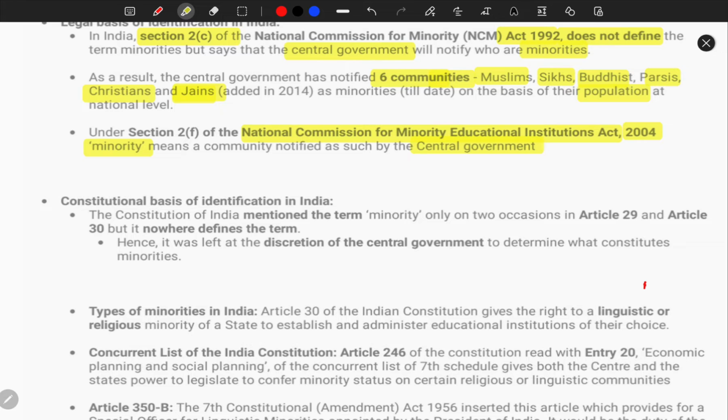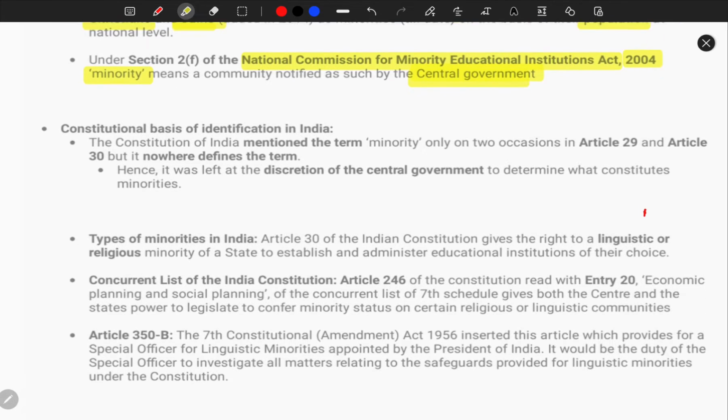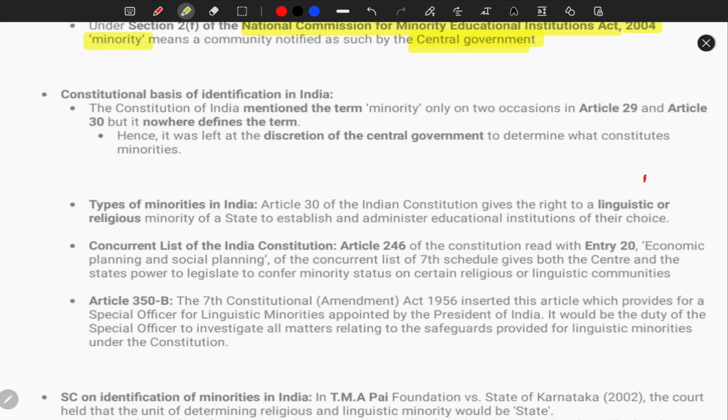This authority comes from two acts: the National Commission for Minority Act and the National Commission for Minority Educational Institutions Act. Both mention that only the central government has the power to notify these so-called minorities. But constitutionally, the term minority is mentioned in two articles of the constitution, mainly